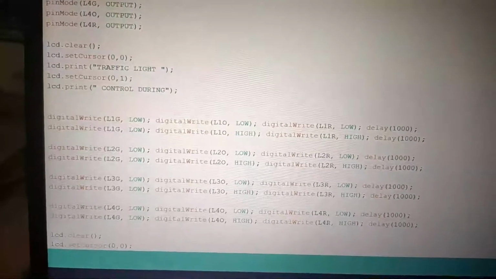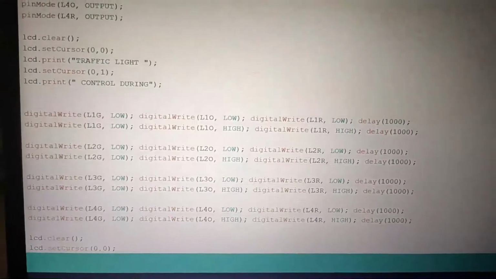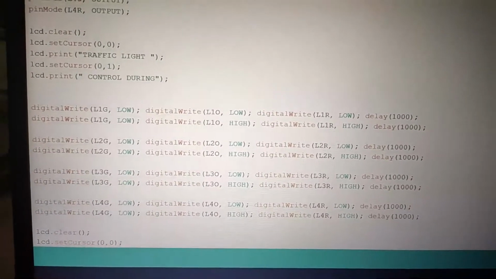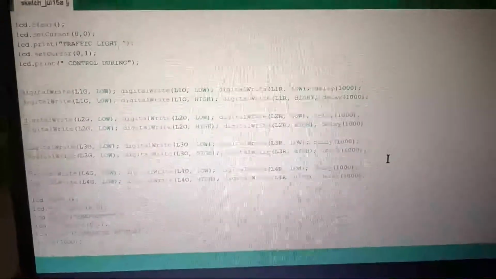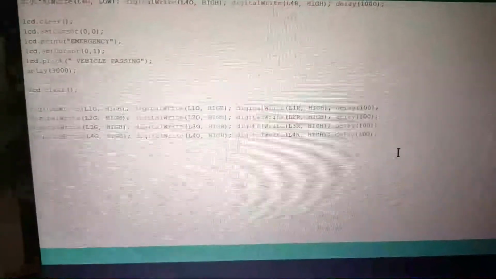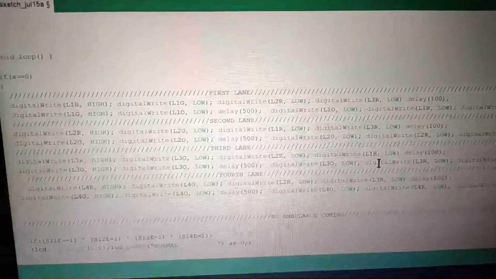Firstly the LCD will clear, then we will set the cursor to 0, 0, then it will print traffic light and control during, and set the cursor to 0, 1. And so here are a few basic codes which are required for the normal running of the LCD display, and here is the code for the first lane, second lane, third lane and the fourth lane